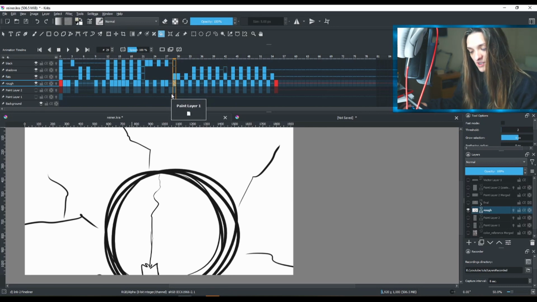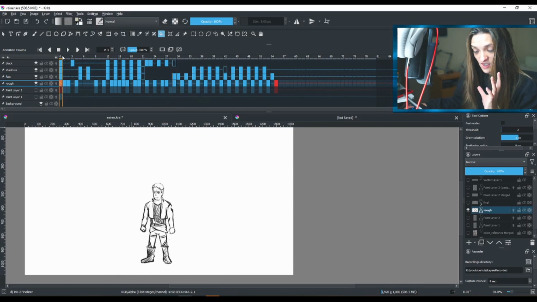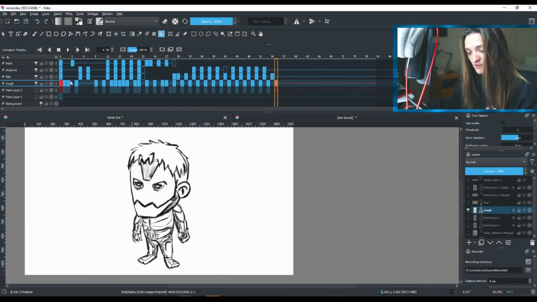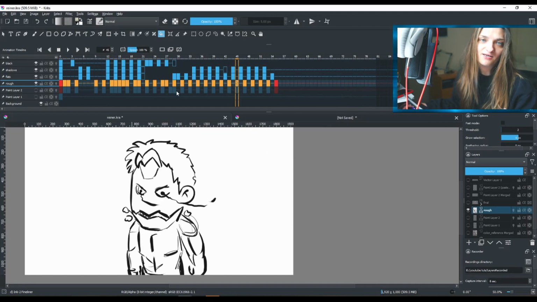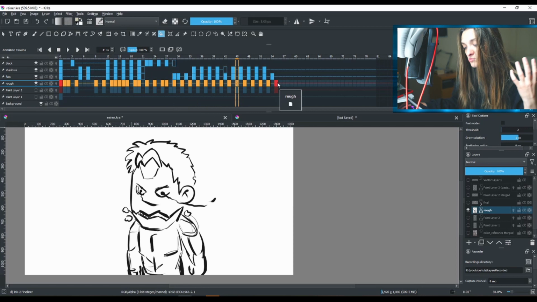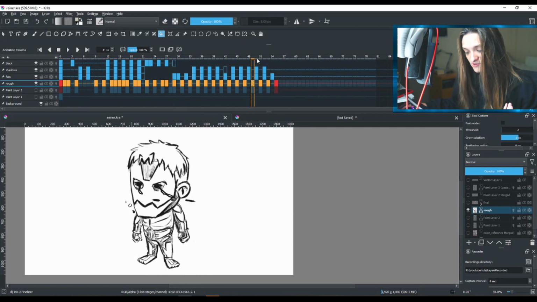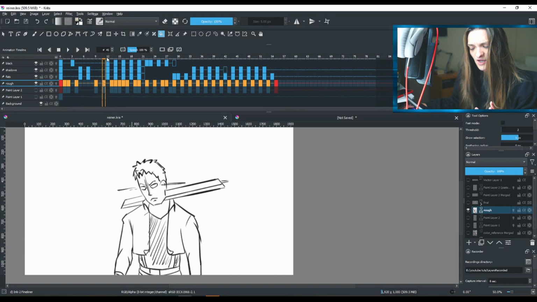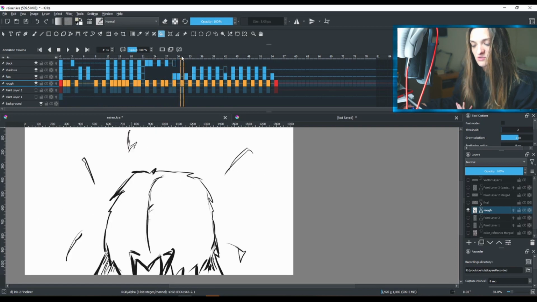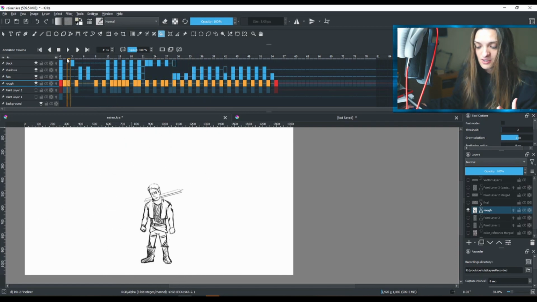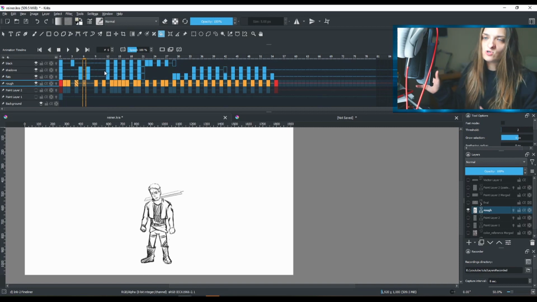So it's not that complicated. This is my beginning and this is my end pose, and this here is the hard work, the transition that's happening from position A to position B. And again, this was very rough. I wasn't trying to make my character look accurate to the actual character, nor with this animation was I trying to make it perfect. It was more like guidelines for me once I go there and add my line work,